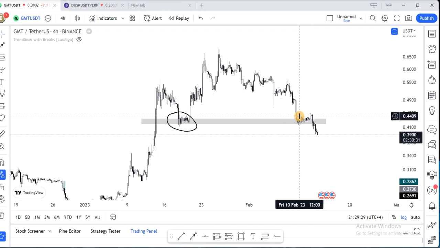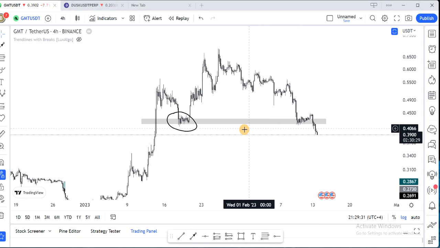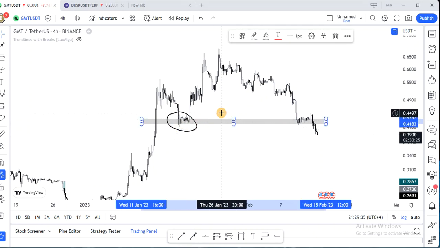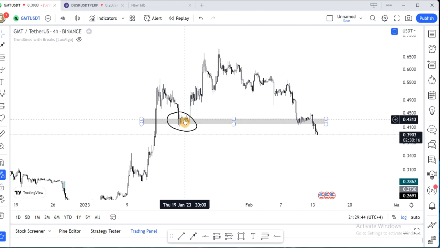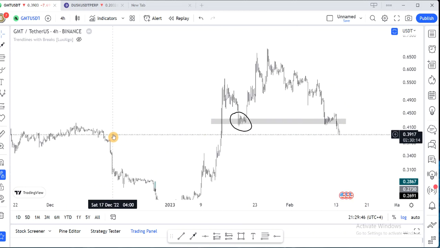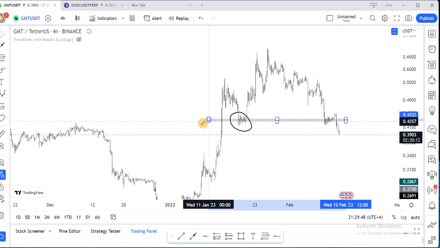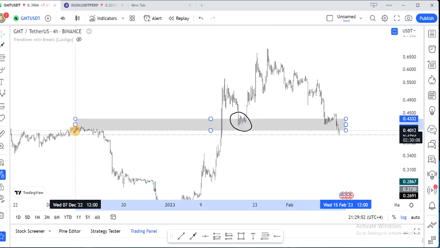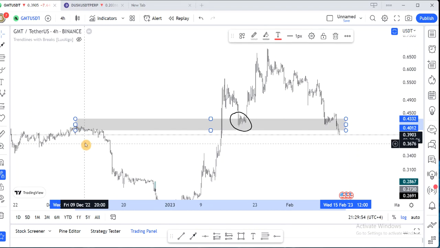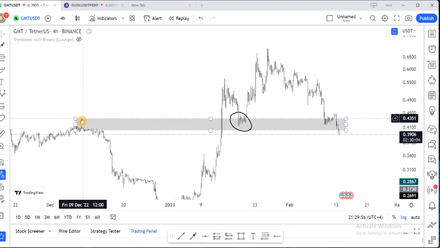Okay, now as a technical analyst, what did I do? We marked out this level, this region here. Okay, we marked it out as what? A point of interest, because price has been reacting to this level, so we need to mark it as a point of interest. And if we trace back, we can see that this point of interest is bouncing here because